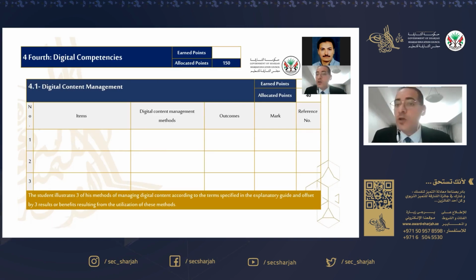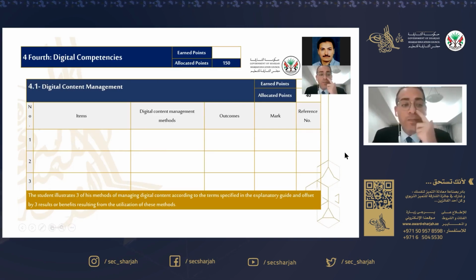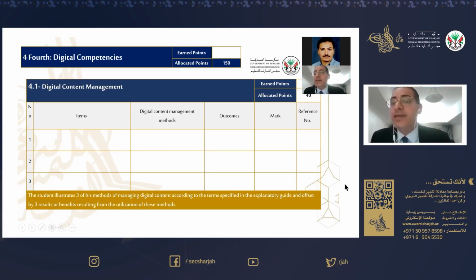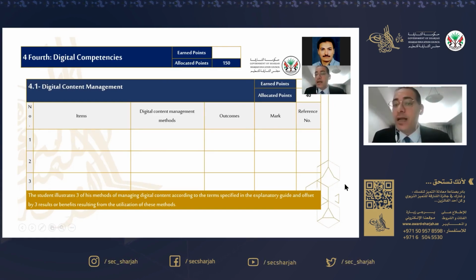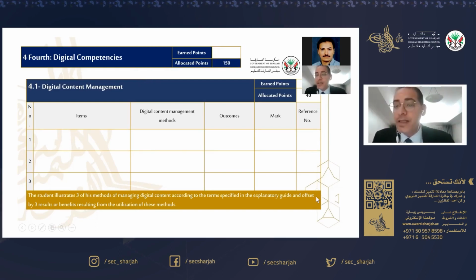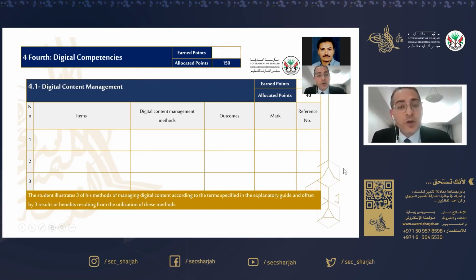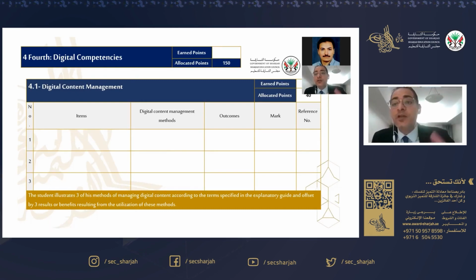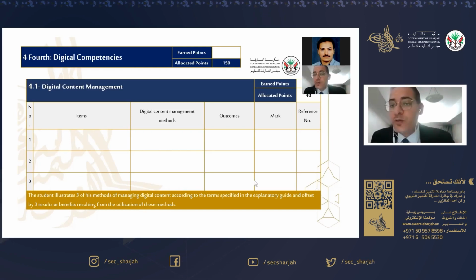While studying, do you use any application forms? Do you use any websites? Do you use any software or programs that help you with your school assignments, for example? So you need to mention these tools. You need to mention these websites.